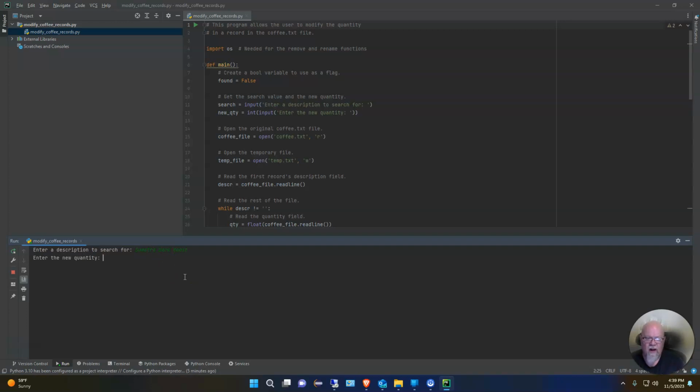The existing count right now is 15. Let's say I got 10 more items to add, so I'm going to make it 25. So it's going to go through and it says the file has been updated. So now when I open up coffee.txt,